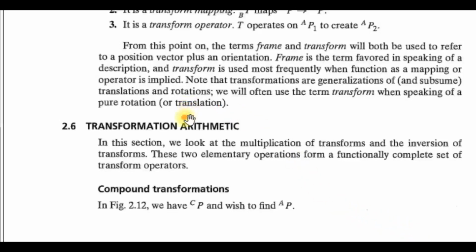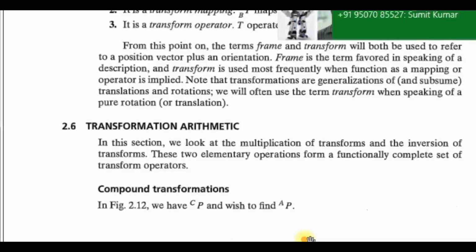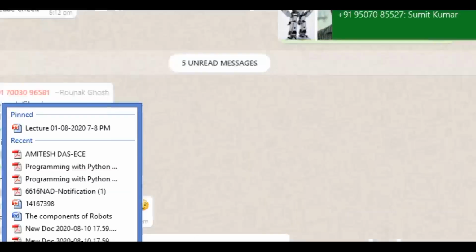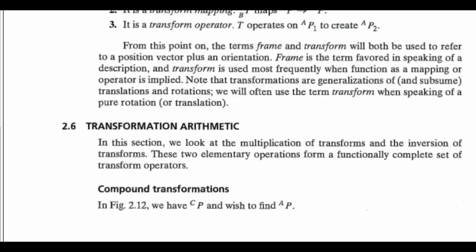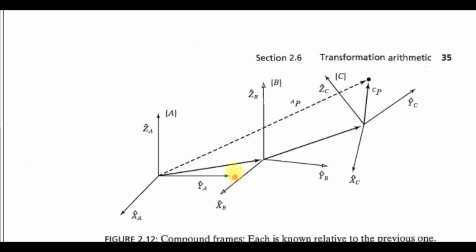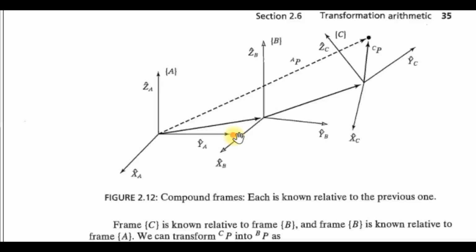And basically it is the transformation arithmetics. So the transformation arithmetics is required for the calculation of linear transformations from one point origin to another origin, different rotation, etc. So all are calculated through the matrix operation.